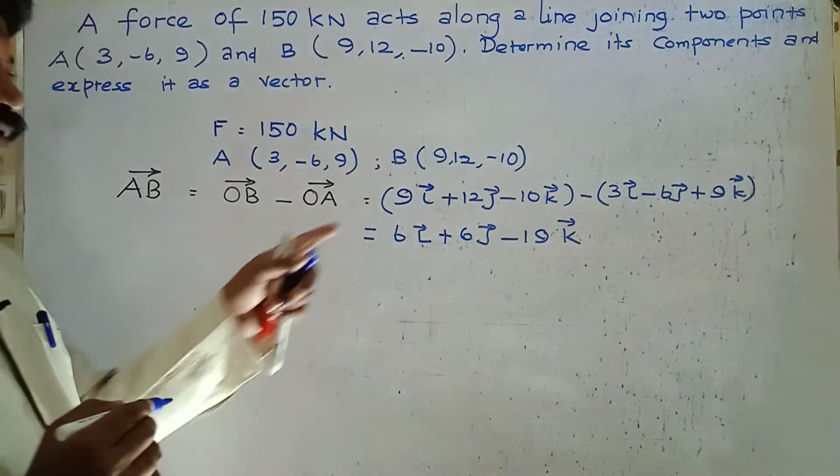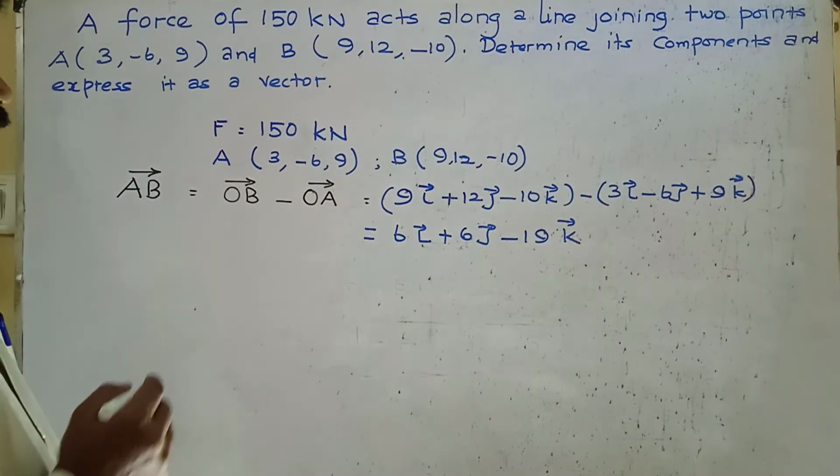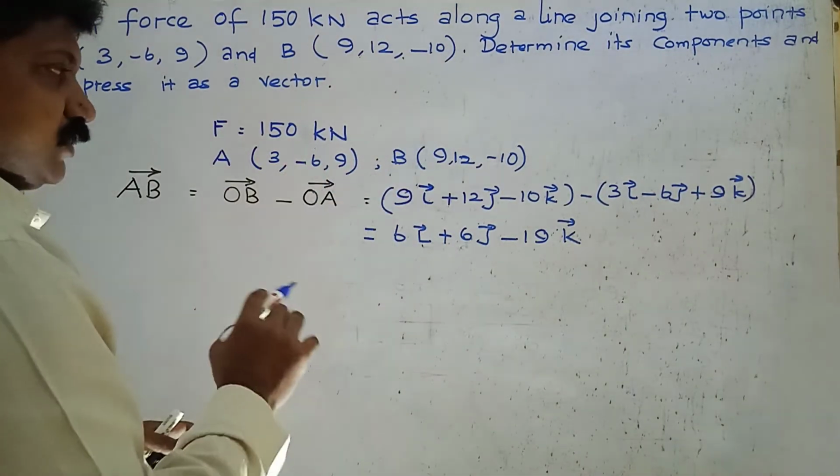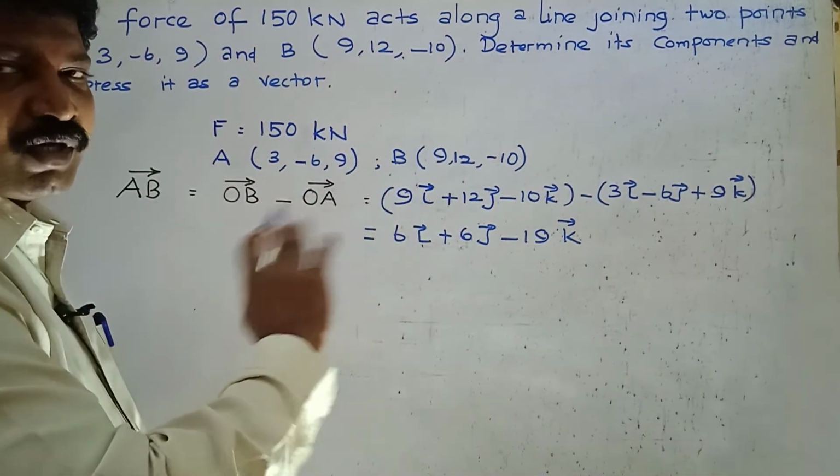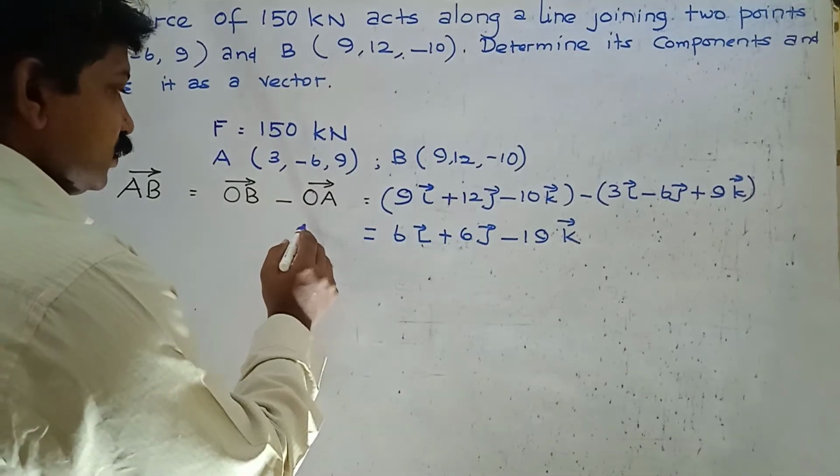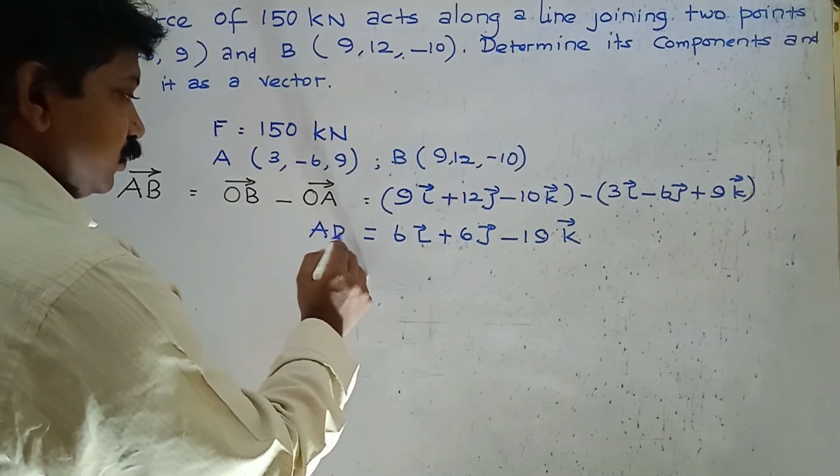Subtract the two vector components: first I vector component, J vector component, and then K vector component. So AB vector equal to